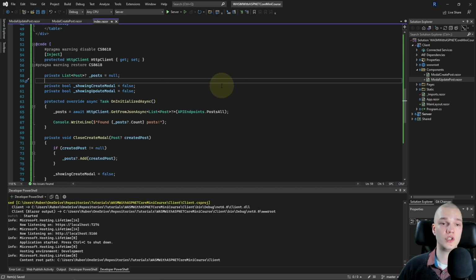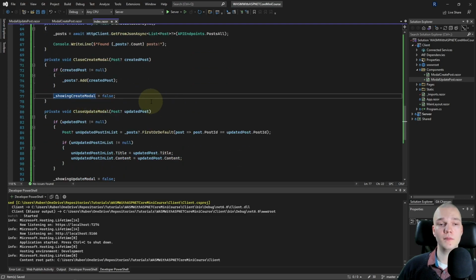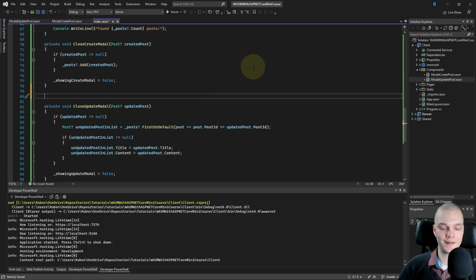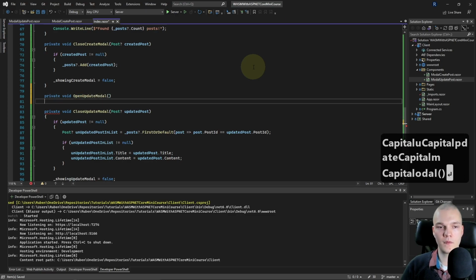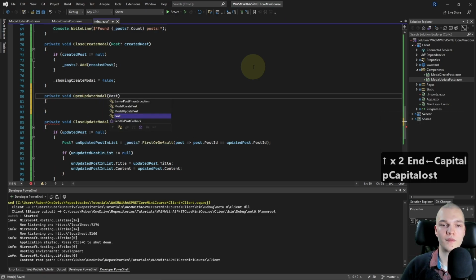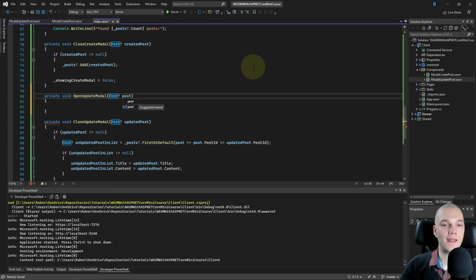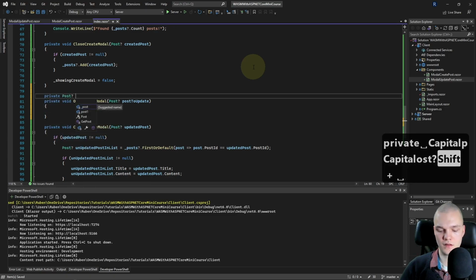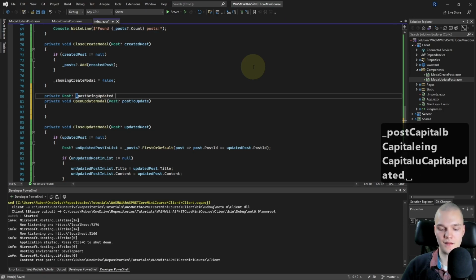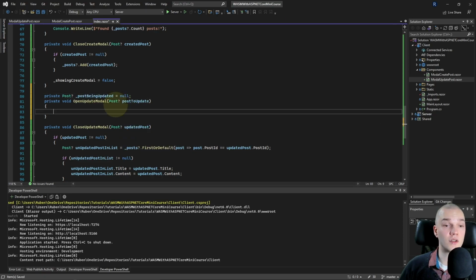Then to actually show the update modal, above CloseUpdateModal, I'll add another method, so private void OpenUpdateModal, and that takes in a parameter of type nullable Post, and I'll name it postToUpdate, and above that I'll add a private Post which will pass in to the modal update post component.